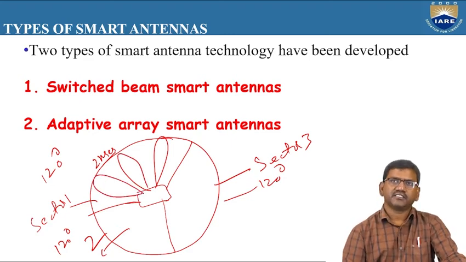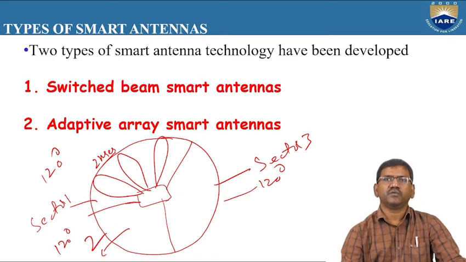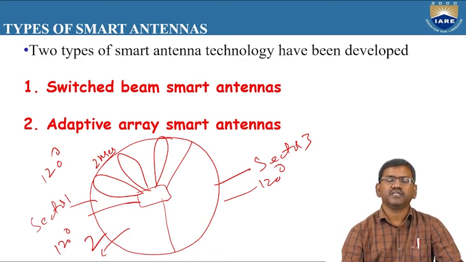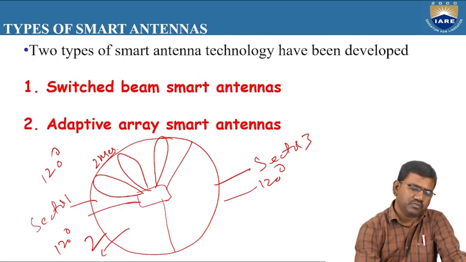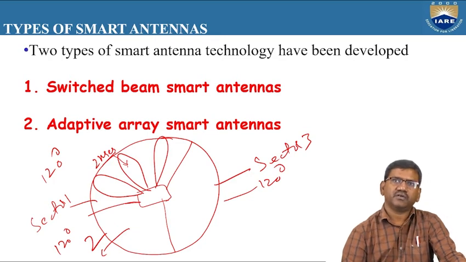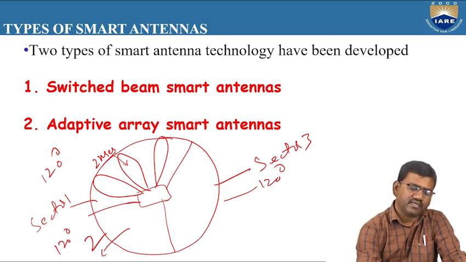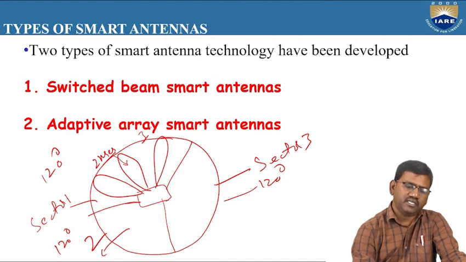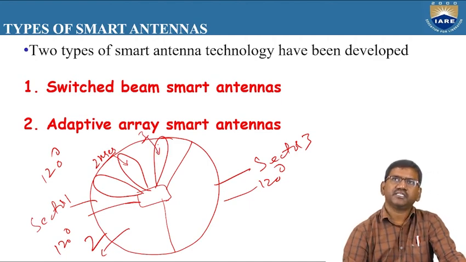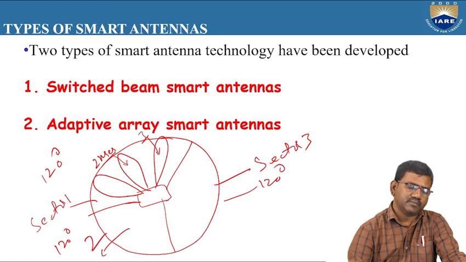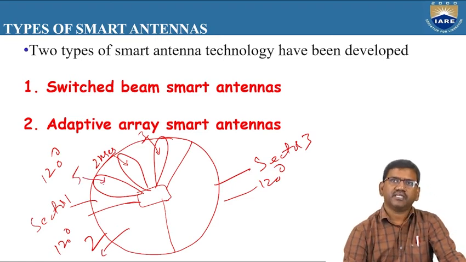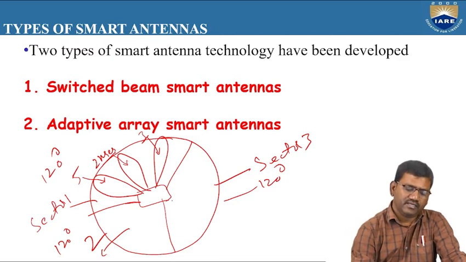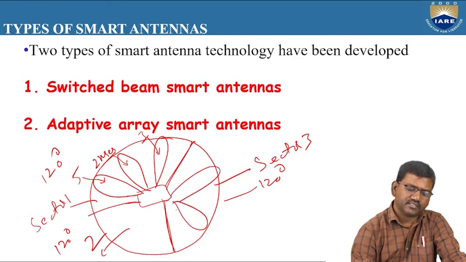The smart antenna array system, in this sector, is producing only three radiation patterns. Only three beams are formed. That means if there are two users, these two users can use only this radiation pattern. If there are three users here, these three users can use only this radiation beam. Suppose there are 5 users, these 5 users can use only this radiation pattern. Right? So here, in this sector also, there are predefined radiation patterns.